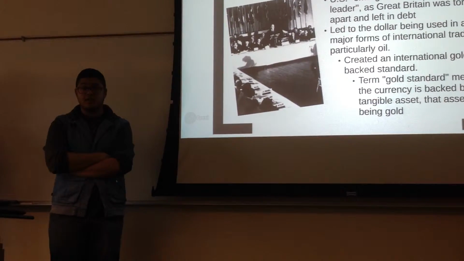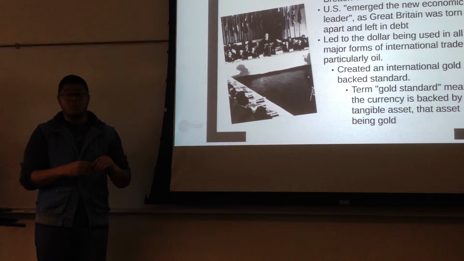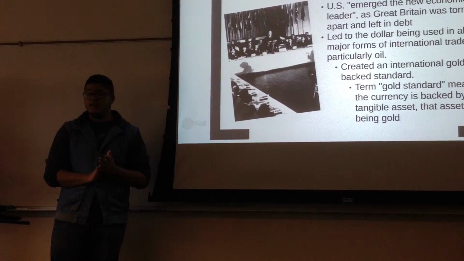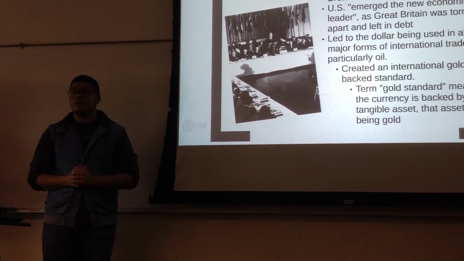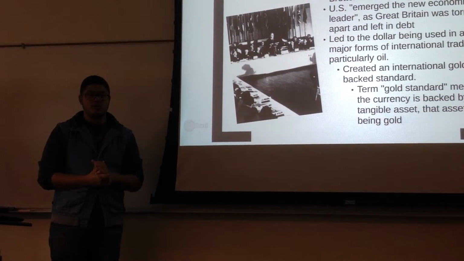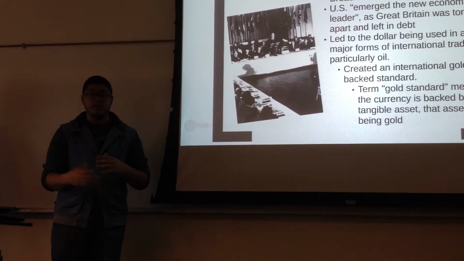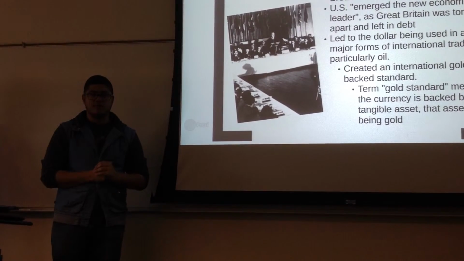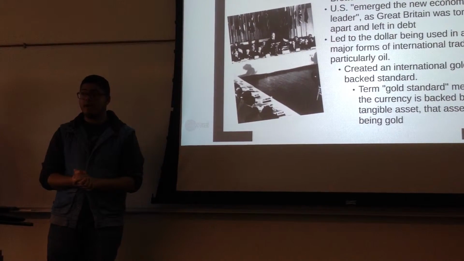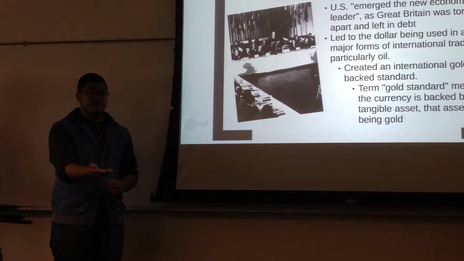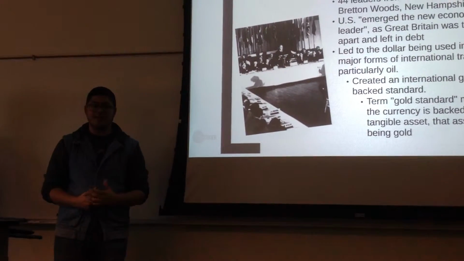But this primarily, and most importantly, created an international gold-backed standard. By gold-backed standard, or the gold standard, we mean that our currency is backed by a tangible asset, that asset being gold. With paper currencies, it's usually beneficial to have them, to a certain extent, backed by a tangible asset, like gems or pearls or something that people consider valuable. And for us, it was gold. In your grandparents' or great-grandparents' time, they could walk into the bank, give the teller a certain amount of money and get gold back, which now, if you try to do that, they'll laugh at you.